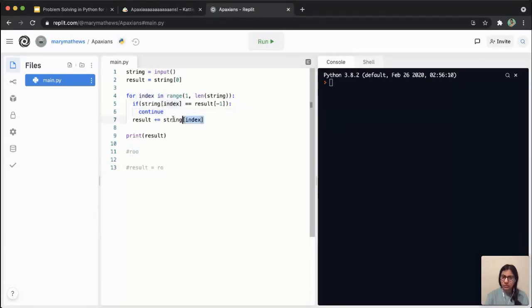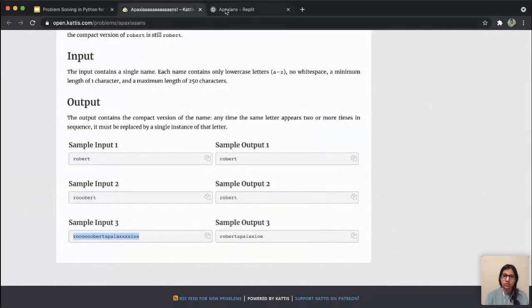So this won't be executed, it will come back around here. Suppose I have one more character here, just to show you. So now my index becomes 3 and string of index is F which is not equal to the last character here. So I append it. So finally it comes out of the loop and this will be my result. And I'll execute this once also.